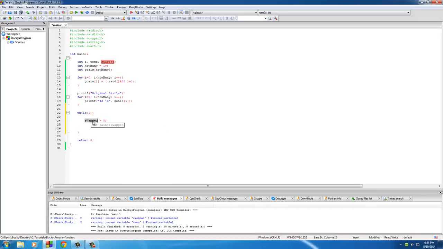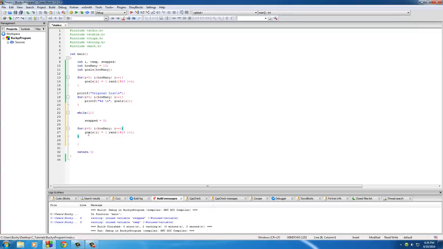to 0. So eventually what you're going to see is whenever this swapped variable equals 0 at the end, it pretty much means that this list is sorted. Now when it's not sorted, we're going to set it equal to 1, and it pretty much means do the loop again. Kind of confusing now, but once I write a little bit of code, you guys are going to understand what I mean. So the first thing that I need to do is actually copy this for loop,